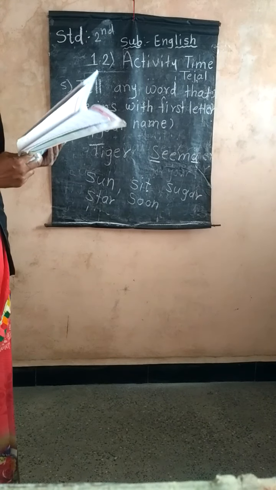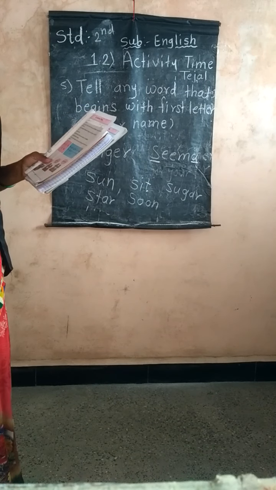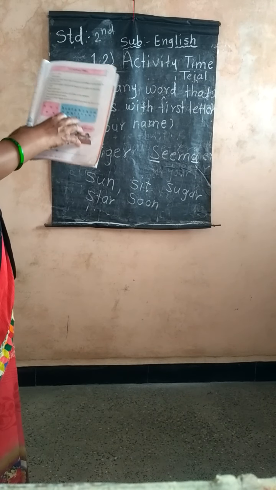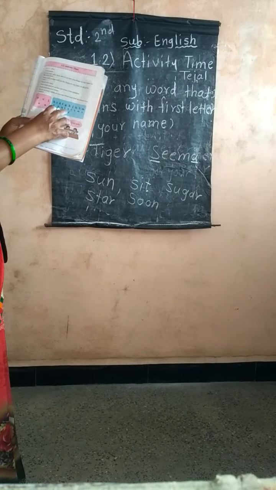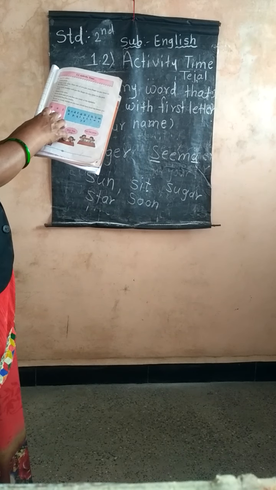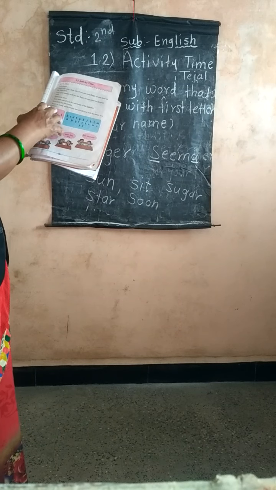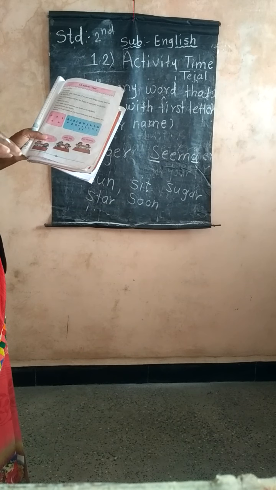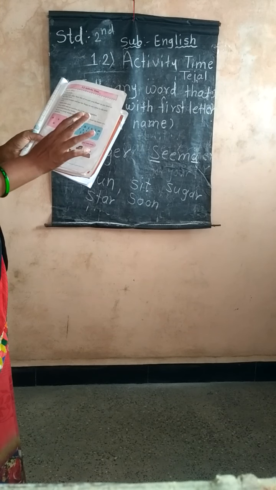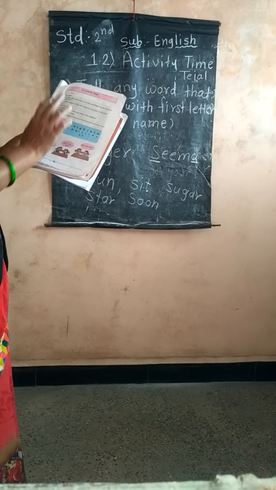Okay, now listen, which game do you play? You close your eyes and put your finger on any letter on the blue card. Okay, you put the finger on the blue card, and now your partner will put a finger on any letter on the pink card. Okay, now listen, you open your eyes. Now each of you has one letter of the alphabet and each pair has 2 letters.